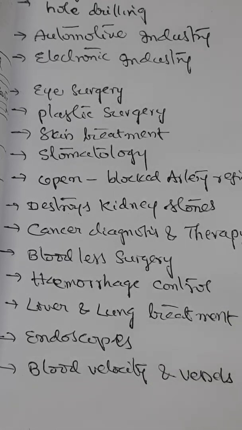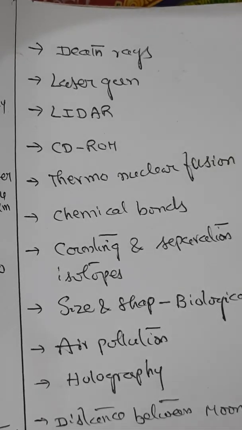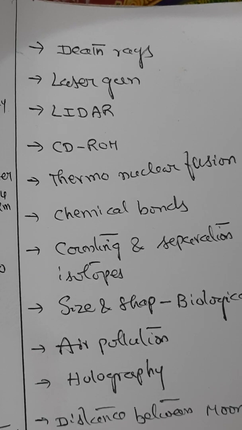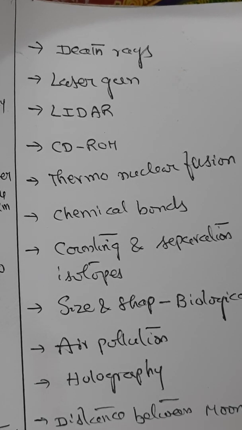And there are certain military applications such as death rays. By focusing a high energetic laser beam for a few seconds onto an aircraft or missile, it can be destroyed. So therefore they are called death rays or war weapons. Even laser guns can be used against a vital part of the enemy body. It can be operated at short range by focusing a highly convergent laser beam from a laser gun.